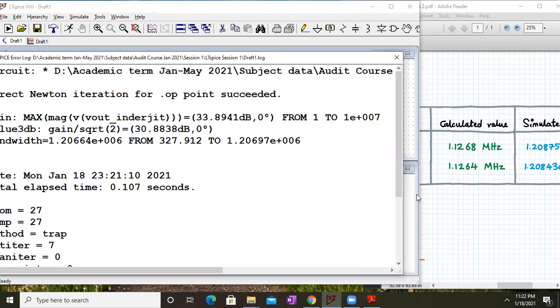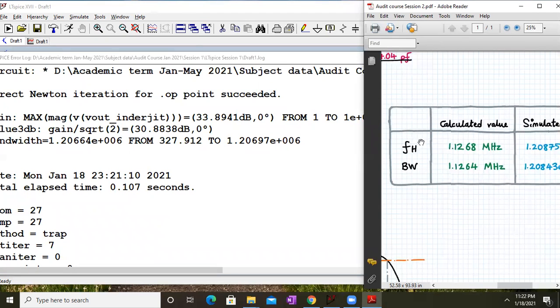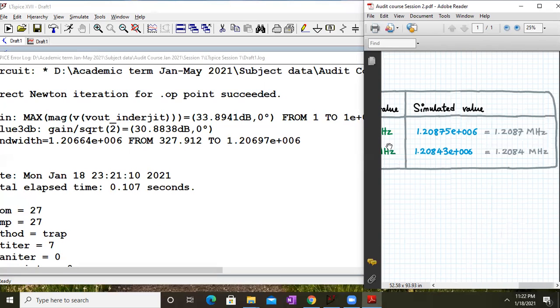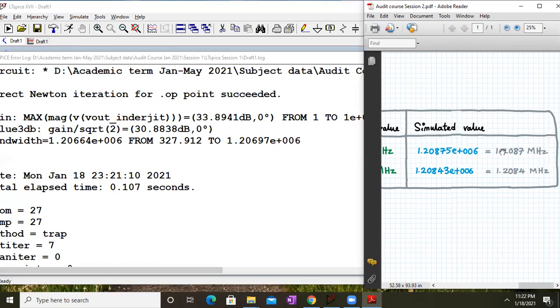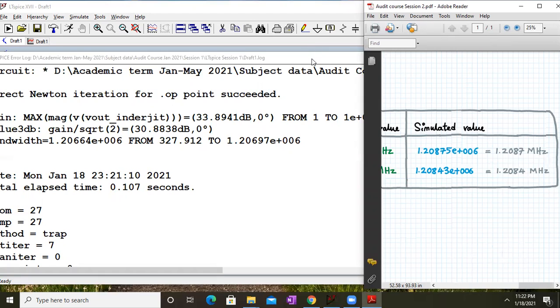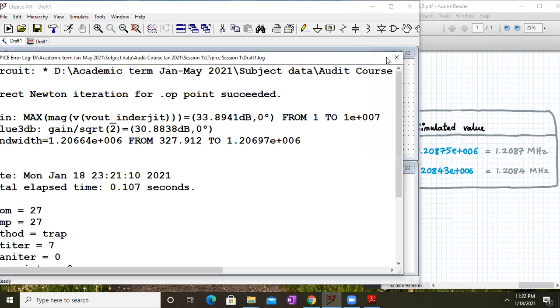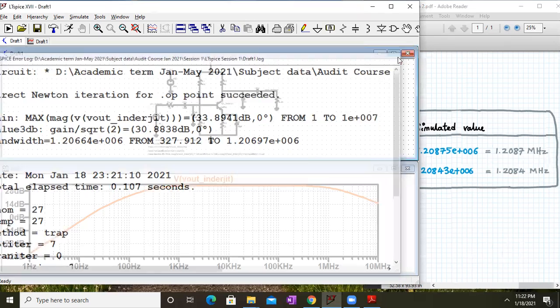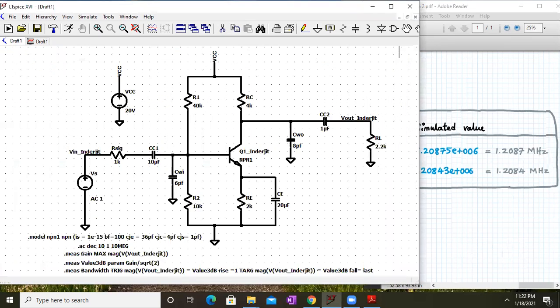As you can see, more or less the bandwidth is the same as the higher cutoff frequency. I got a slightly higher value, 1.087, 1.084, because I took the range slightly differently.